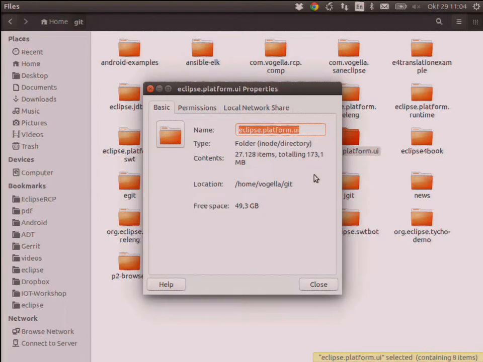And the question is, is it sufficient to check out only platform UI to work on platform UI? And the answer is yes, it is sufficient. As time goes on, you need a relatively recent milestone of Eclipse. At some point you cannot use Luna anymore to develop Mars, the next release. But we have milestone builds and integration builds. So you basically download the latest milestone build, which has all the new API in it, and then you just check out platform UI to work on platform UI. Sometimes there are runtime changes, and then you need the latest runtime, but this is included in the latest integration build.